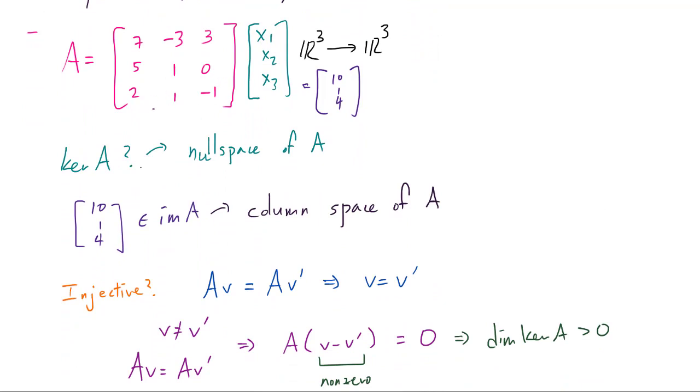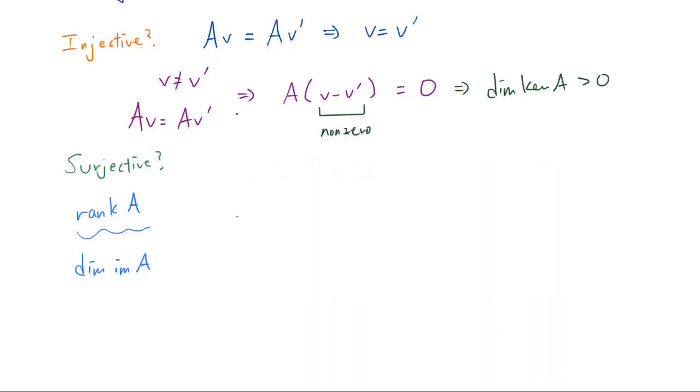Okay, but before we move on, let me quickly add 2 additional remarks. First, if you want to check surjectivity of A, in this case, we just want to check whether the rank of A is equal to 3. So if we can compute rank, then we should be able to check whether a matrix is surjective. But another thing I want to add is a remark about what happens if A is injective and surjective. So if A is bijective, then we know